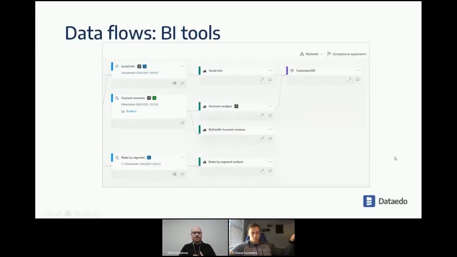Another one is BI tools. Many BI tools, this is a screenshot from Power BI, have built-in data lineage functionalities, data lineage modules or reports. You have to remember it's very limited. Data lineage can be applied to specific